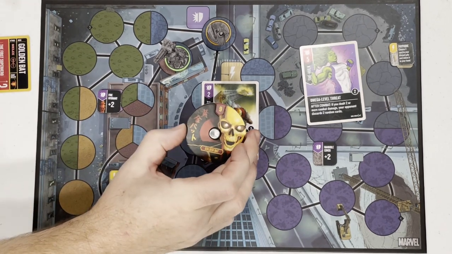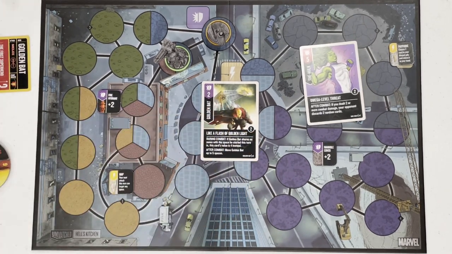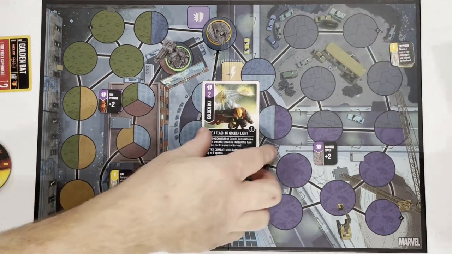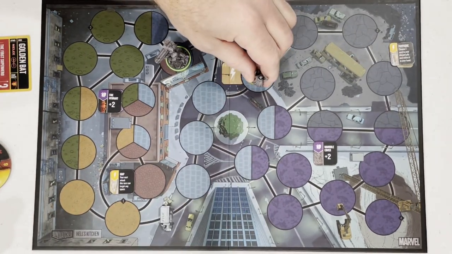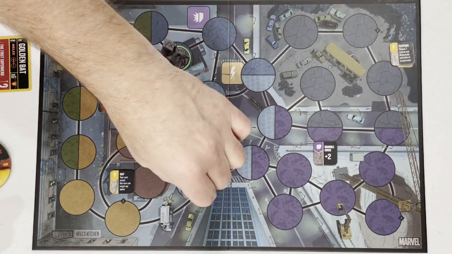That's bringing me down to 9. Yes. And then after combat, combat goes first because you're the defender. Okay, and I get to move 5 spaces. Yes. So I'll go 1, 2, 3, 4,